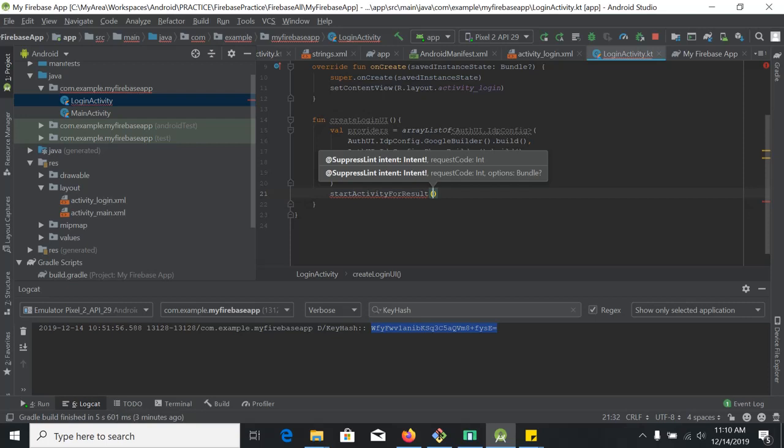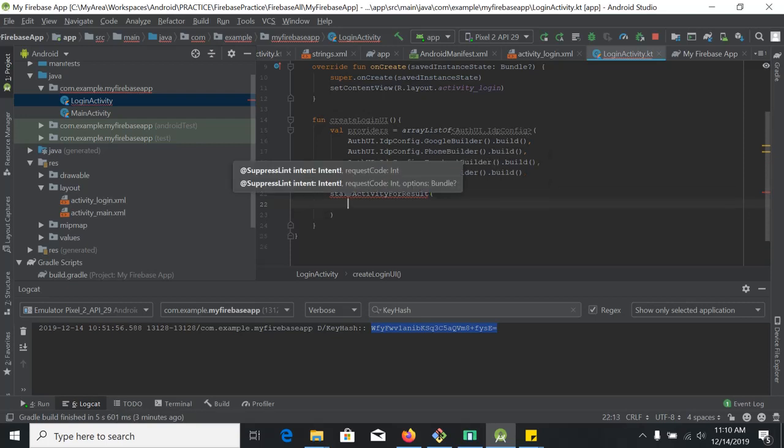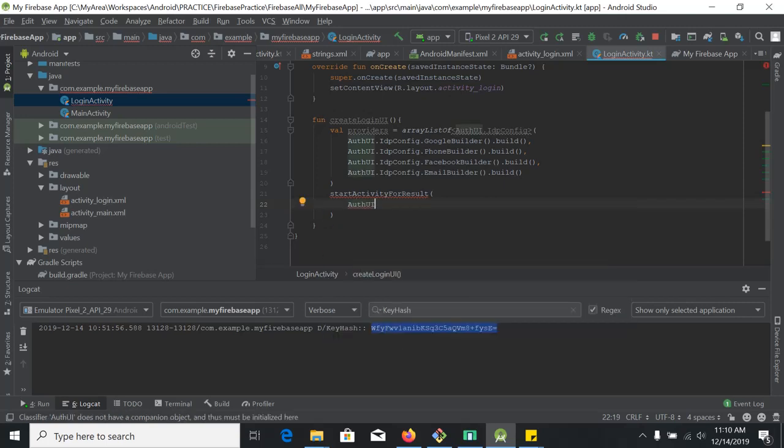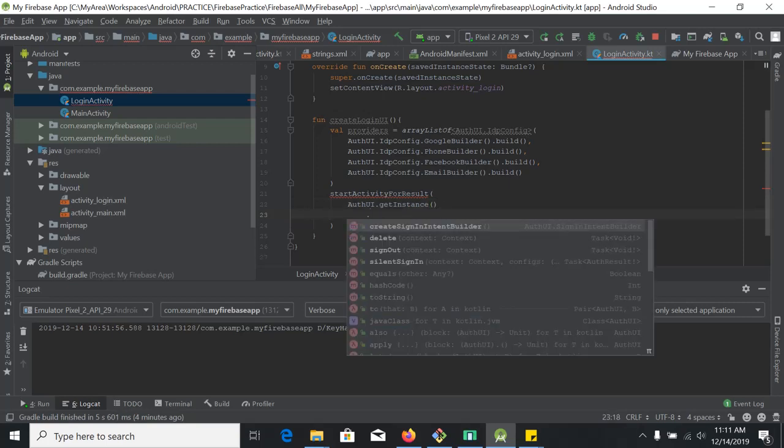So we will start the activity of AuthUI, and we will expect something returning from AuthUI. So how can I do it? I will write AuthUI. This is a builder type class, so AuthUI, and we will get getInstance, and dot createSignInIntentBuilder